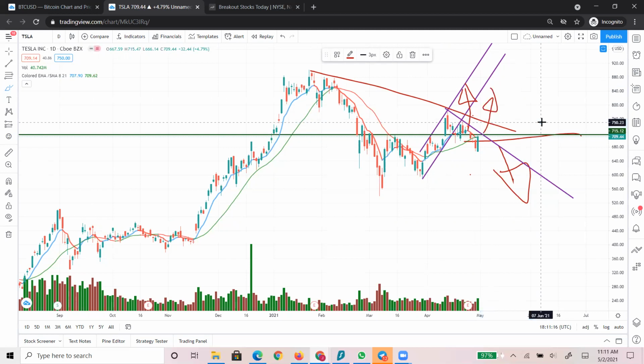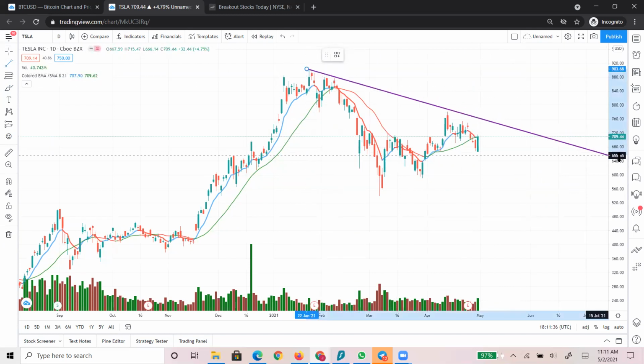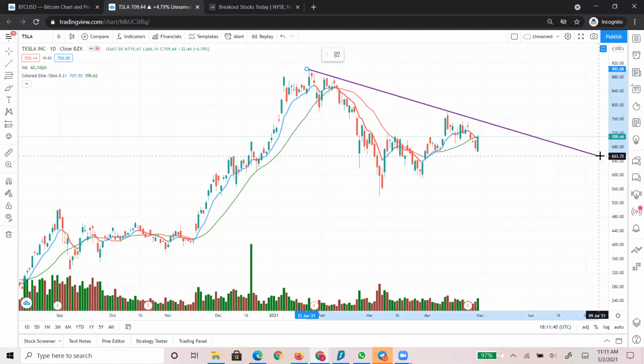Simple as that. And so stating that, let's make it a little bit clearer in the video, so that way you have the idea what is meant in here. So let's delete this. So one resistance, you don't like to have too many resistance lines, right? So that's your Tesla,